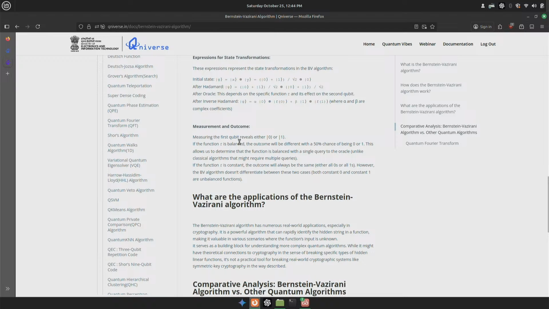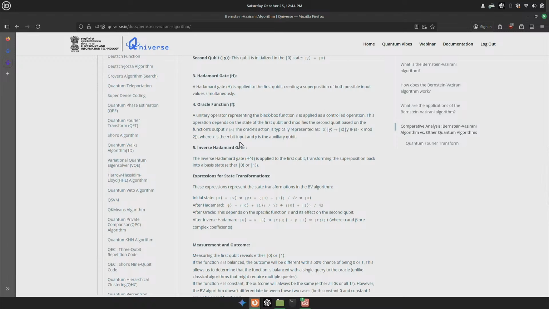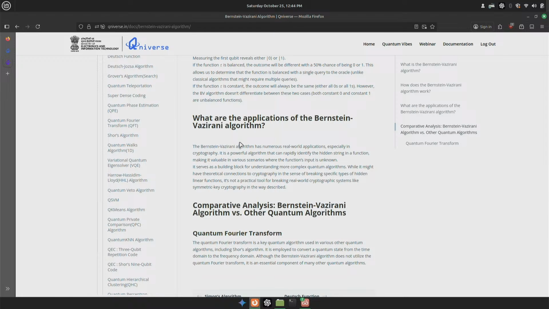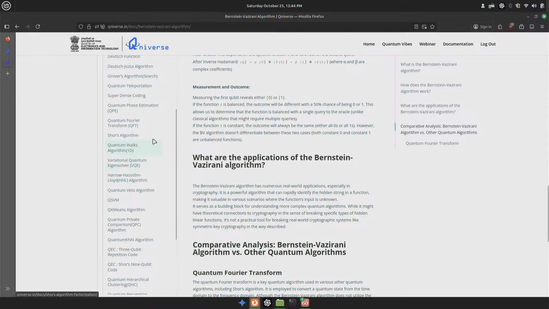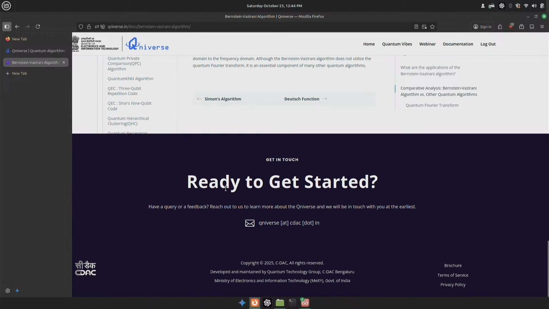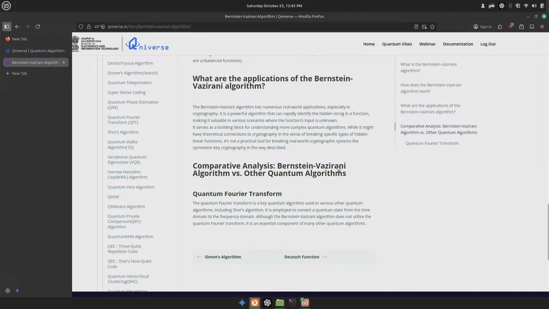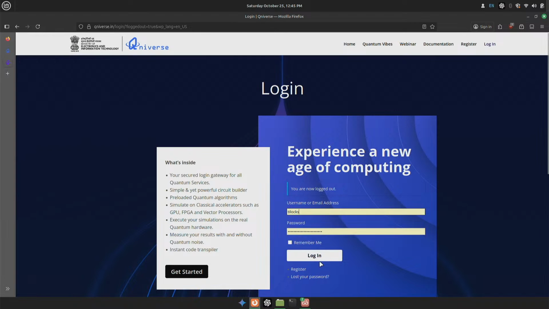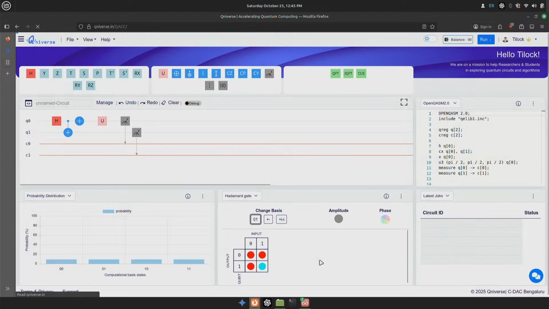So in that sense, it's been broken into a lot of steps in a very simple step by step way. It has been written in here, which will definitely help you to understand it. And you can do your experimentation. Once you have a good understanding about this algorithm, you can play with the circuits, or you can play with creating new circuits based on whatever algorithm that you have learned. That's in a sense a very unique platform.